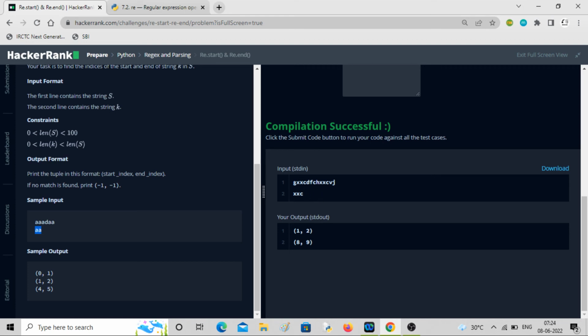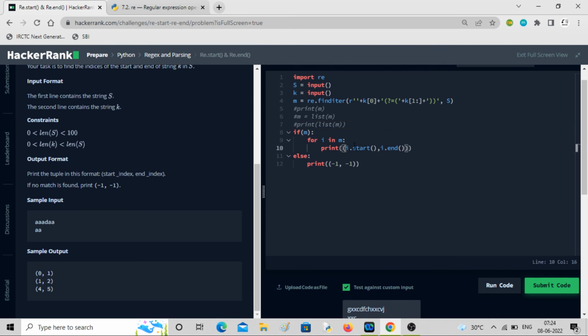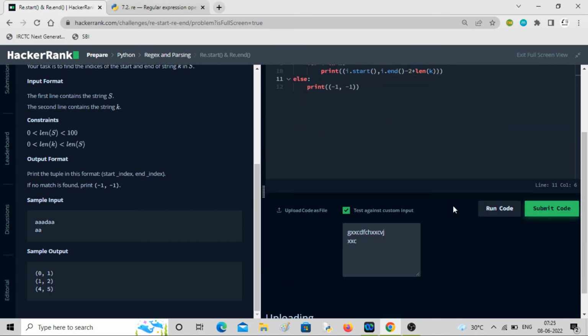Okay, here it is 1 2 3 4 5 6 7 8. 8 is correct, but 9 10, this has to be 10 and this has to be 3, but it is not working like that. So what I'll do is, whatever the start point is, I'll bring the end point at the same position. So minus 2 I'll do, plus I'm adding the length of k. Okay, so now if I print it,